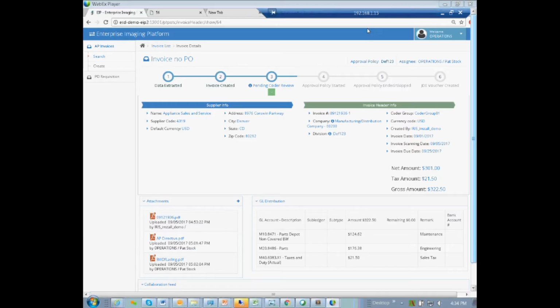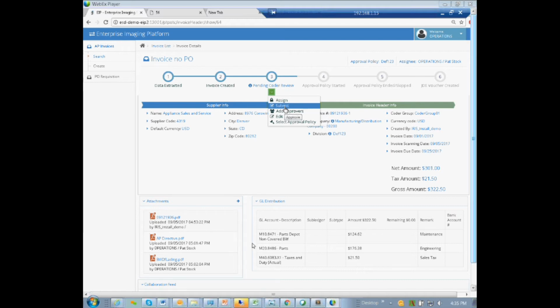Let me point out that the person responsible for approving this is a lady named Casey Brown, who is the finance manager. Through this action button under step number 3, Pending Coder Review, I can choose the action to submit the invoice, for I have completed the account coding. Since I don't have the approval authority for an invoice over $100, it will now be routed to my manager,